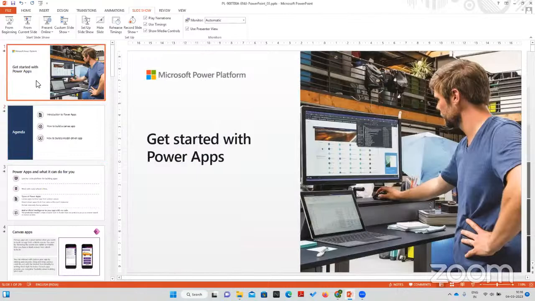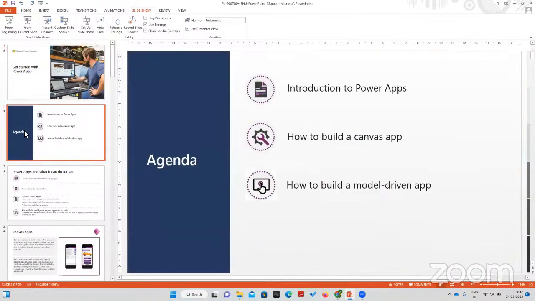Yeah, so we are getting started with Power Apps. This is the first component. And what is the agenda? We'll try to do these three things, right? Understand what Power Apps are, try to build a Canvas app with the help of lab assignments or the labs